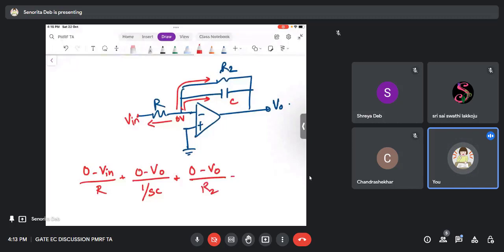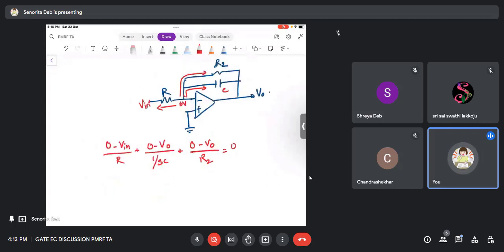Now instead of this, there is another thing that you can do. You can write the admittance instead of impedance. So what you will do, 0 minus Vin by R plus, you see admittance adds up in a parallel circuit, right? So admittance adds up in a parallel circuit,